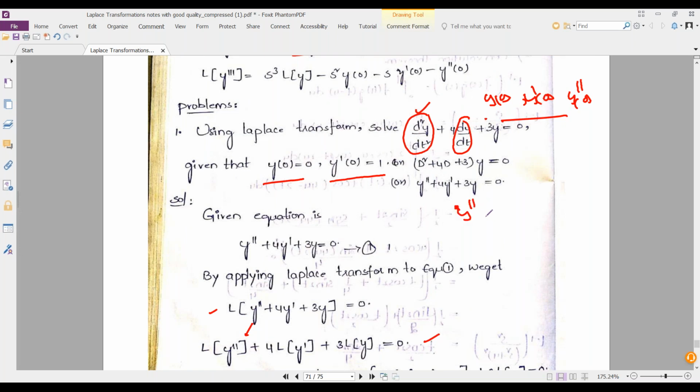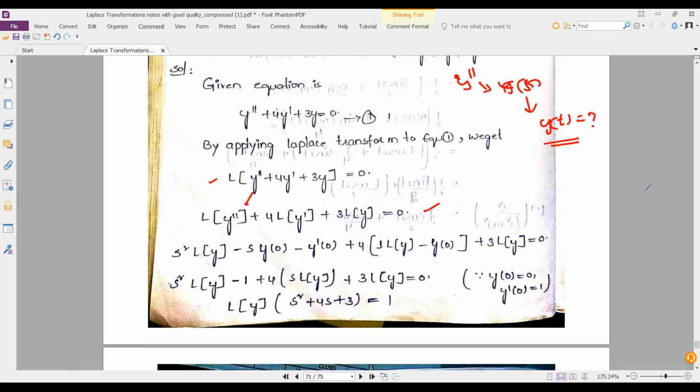From this Y of s, I am trying to find y of t. What is y of t? It's a differential equation, so finding the solution means eliminating the derivative. So what is the y? In the first unit of M1, we studied y of x or y. So here also we are doing the same, but the approach is different. So let us enjoy this.